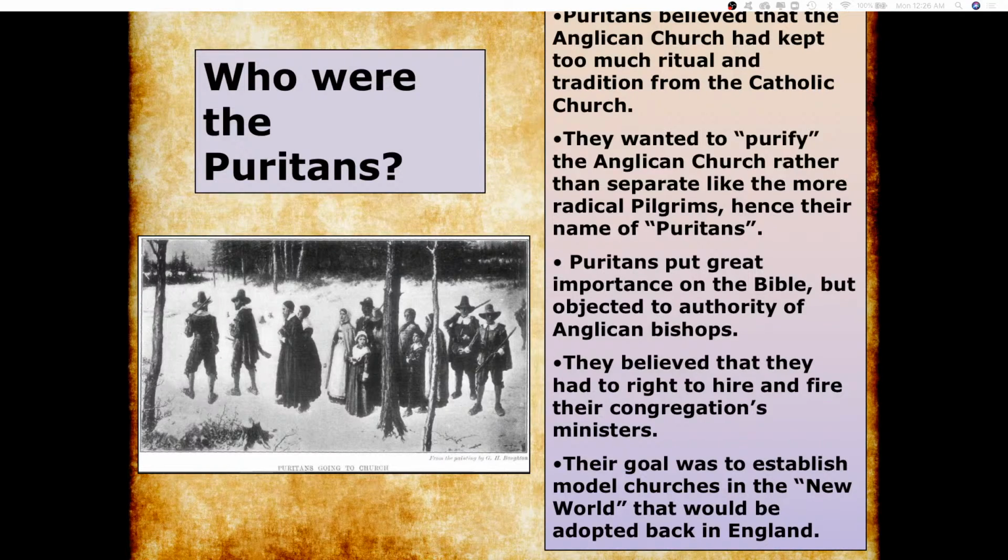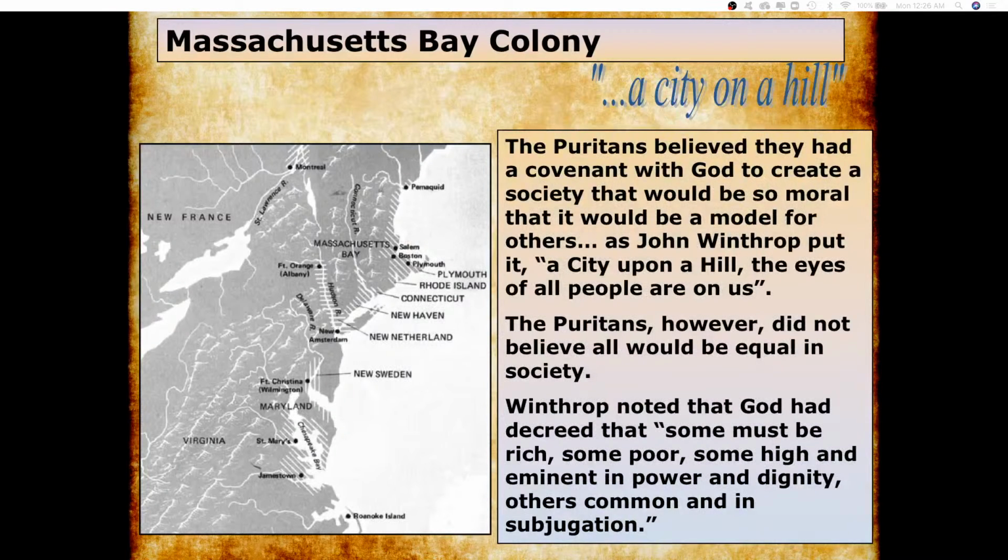I mean, they want perfection in that area. And they also want perfection amongst their colony. Here we go with this quote from John Winthrop: "A city upon a hill, the eyes of all people are on us." What he's implying is basically, hey, Puritans want to be perfect. They want every colony to look up at them and be like, yeah, Massachusetts Bay. Ooh, Boston. Pretty much, these guys just strive for perfection.